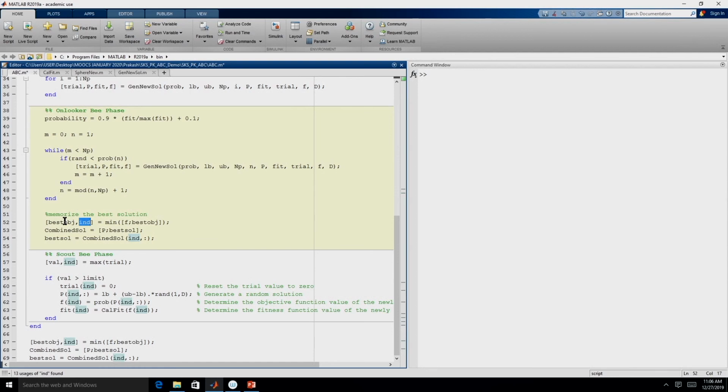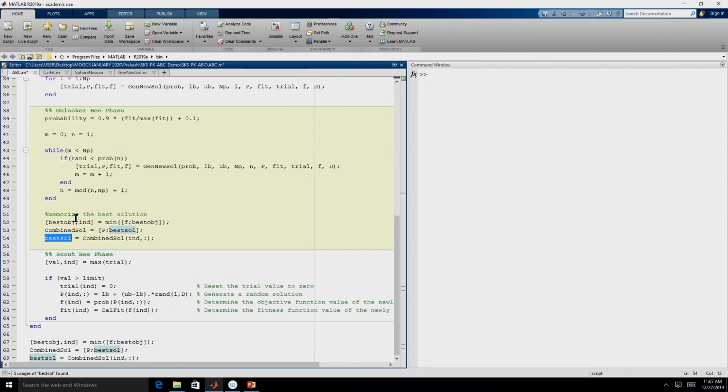So, we use that to identify the decision variables corresponding to that solution. So, we combine both the solutions, the current population and the solution corresponding to this objective function. Just like we stacked over here, we stack the best solution below the population and then extract the corresponding solution using the variable IND, because IND indicates the location of the best solution, right. So, remember it is necessary to stack this best solution below P, because that is how we have done over here for the objective function value. So, this will help us to identify the best OBJ and the best solution.